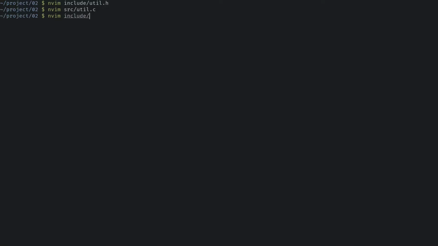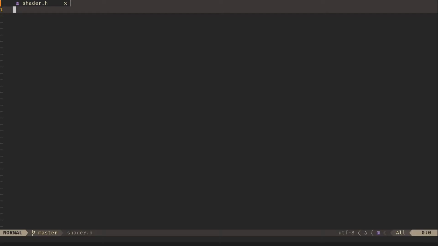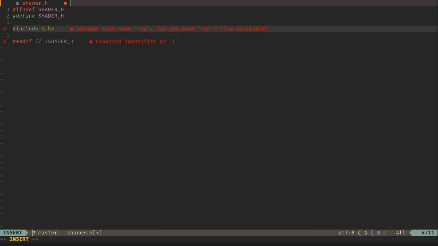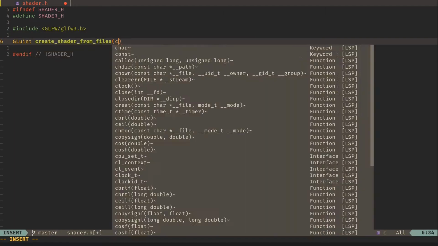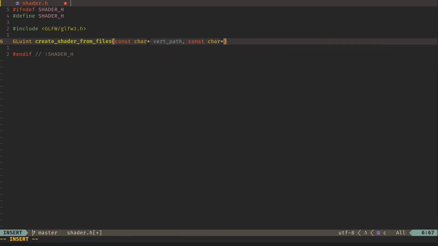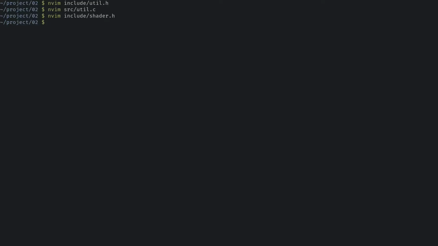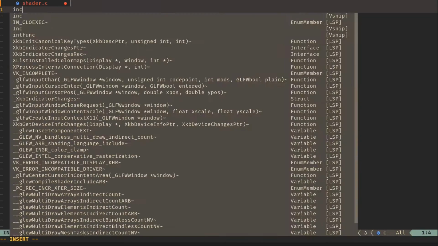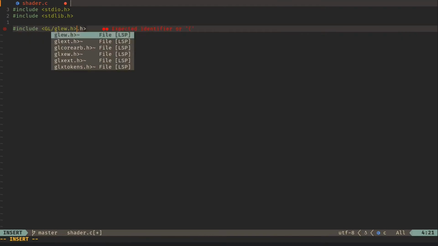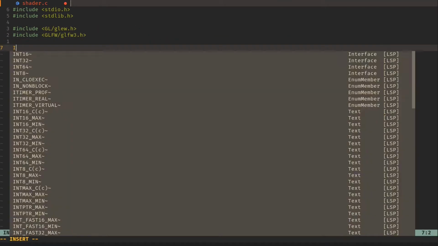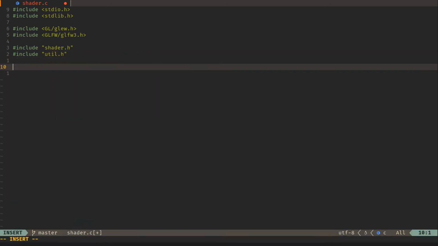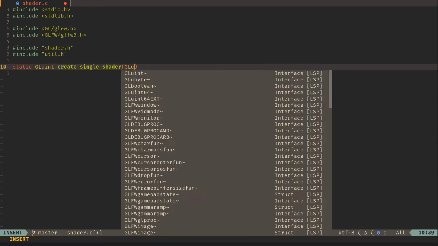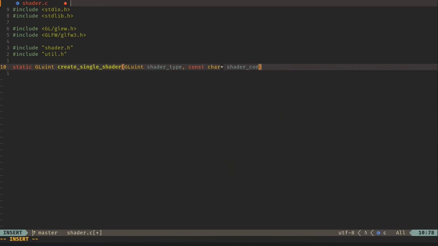Add shader.h for shader-related functions. GLuint is the same as an unsigned integer. The function will create a shader from 2 files, which are the vertex and fragment shader. Create shader.c for our function body, and include the standard and OpenGL headers in it. Include our shader and util headers, because this function will use our readFile function. We will first create a static function to create a single shader for us, since we need to create 2